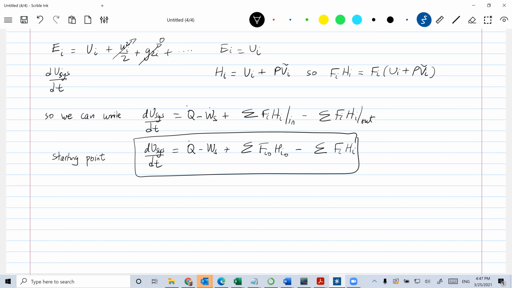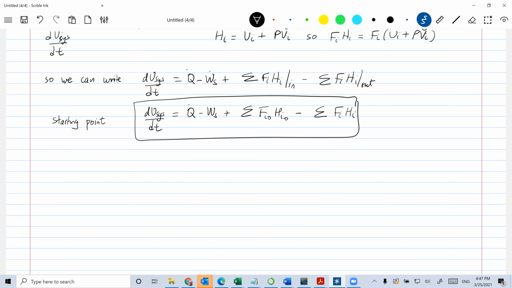Okay. Now what we'll do in the next few minutes is just do a couple more simplifications so we can get to an energy balance that we can actually use in problems. So this follows the book quite closely. So the book has this written this way, but